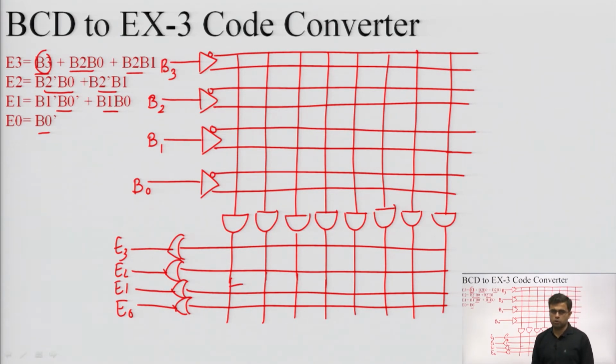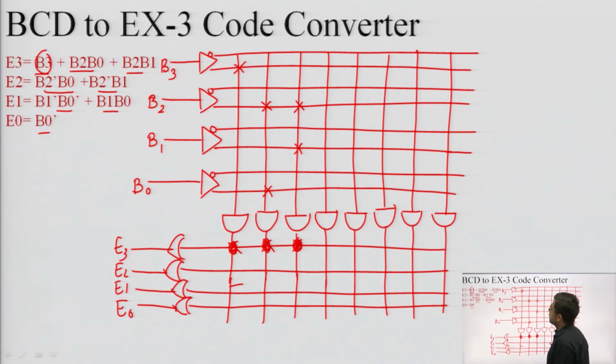Now whatever links you want to program, you can program them. So this is B3, programmable. B2, B0, this is B2 and this is B0, programmable. Then B2, B1, this is B2, this is B1, and all these 3 products will be entering the first OR gate, and this OR gate cannot have crosses. These will have dots, which denote a permanent connection.